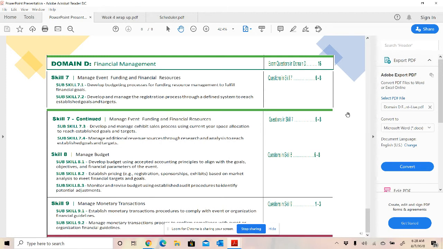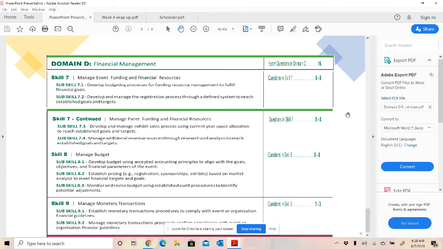And remember that the first step is always going to be to determine the feasibility of holding the event. Manage additional revenue sources through research and analysis to reach established goals and targets. We read in the book that because of the high startup costs, most exhibitions don't actually produce a profit for the first 2 to 3 years. So anything you can do to find that additional revenue source is going to help that bottom line. So make sure that when you're doing your research, you're also setting your prices accordingly and not leaving any